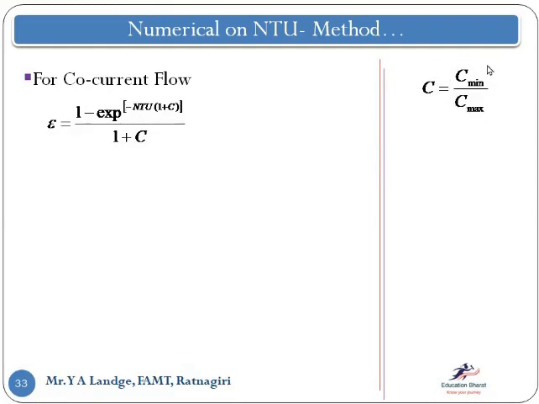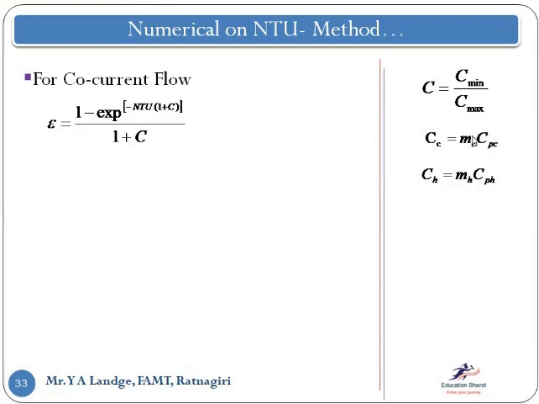Now again the question is how I can get the value of C minimum. Is it mentioned in the statement? The answer is no. So again I define what C minimum and C maximum mean. I can write C suffix C, because I have not calculated the heat capacity rate. The heat capacity rate for the cold fluid is the product of the mass flow rate of the cold fluid and the specific heat of the cold fluid. Also, I write the heat capacity rate for the hot fluid, which is mHCpH, the mass flow rate of the hot fluid and the specific heat of the hot fluid.